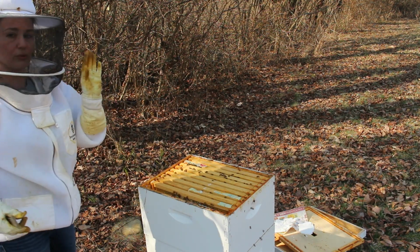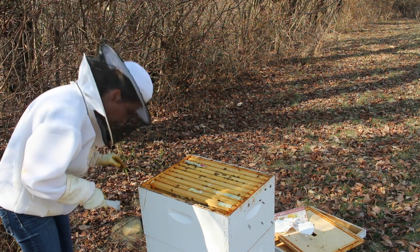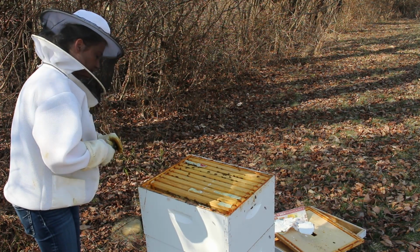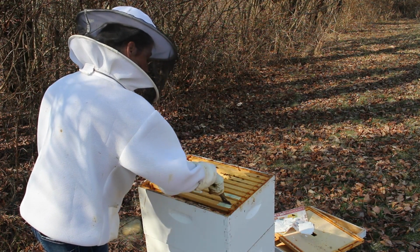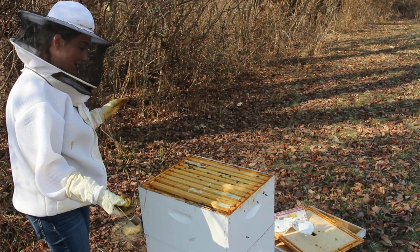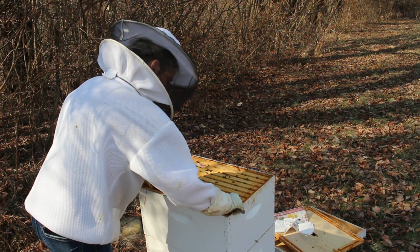Kind of look back through the last week on this hive and see how much resource they had in here. They had a pretty good amount. And this is not my favorite hive tool. I like the hive tool that's kind of the J hook, and somewhere over the winter I have misplaced that. And this is not my favorite hive tool. It still works, but